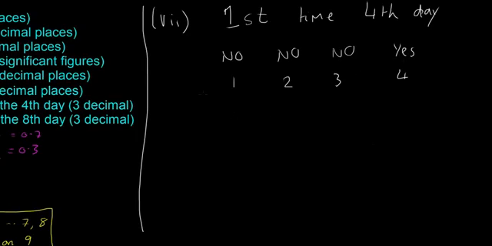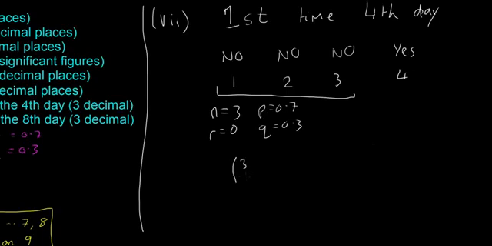So no, no, no, and then yes. So we can answer this using Bernoulli's. I'm going to break it up into 2 separate things. The first one is just going to be the first 3 days. So we're going to say that n is equal to 3, r is equal to 0. There are no successes. P is still 0.7, the probability of getting a potato, and 0.3 is the probability of failure. So it's going to be 3 choose 0, times 0.7 to the power of 0, times 0.3 to the power of 3, and, which we know in probability means multiplied,